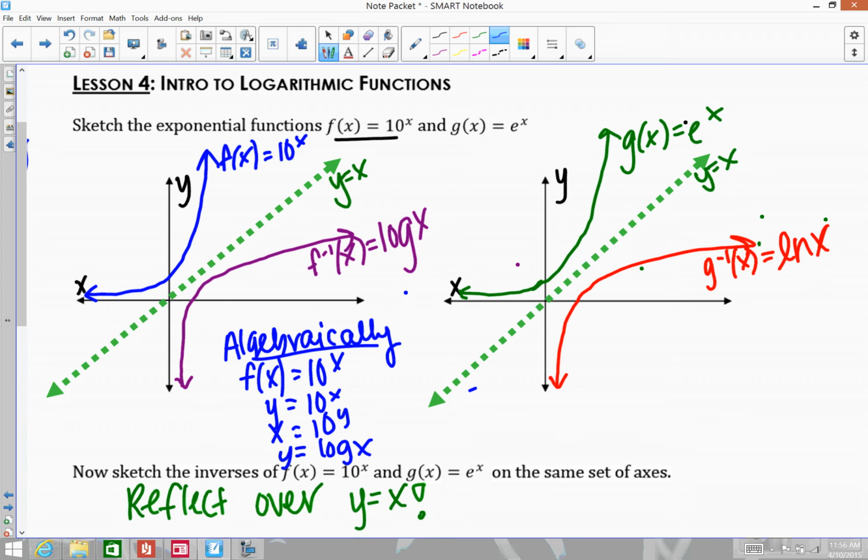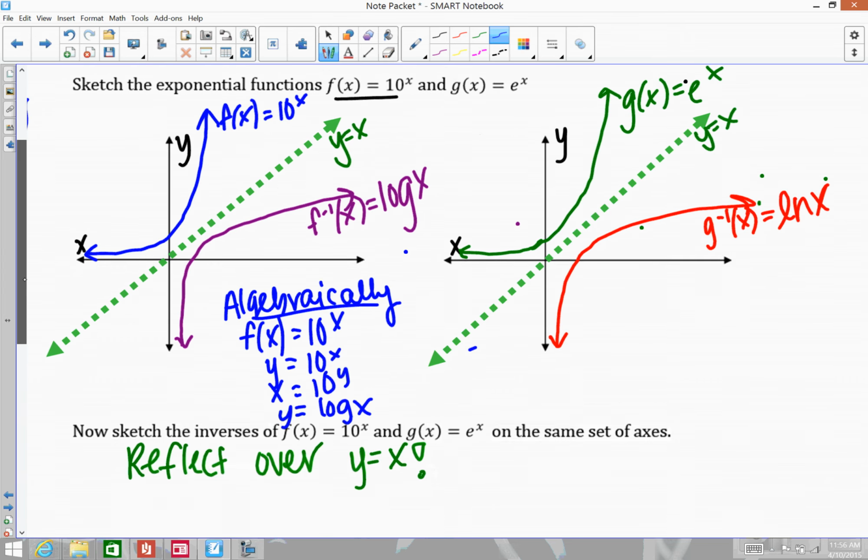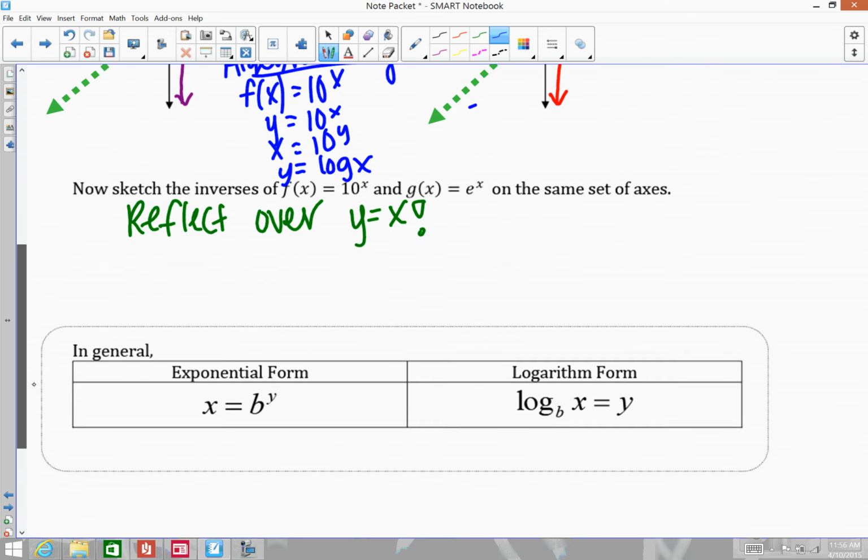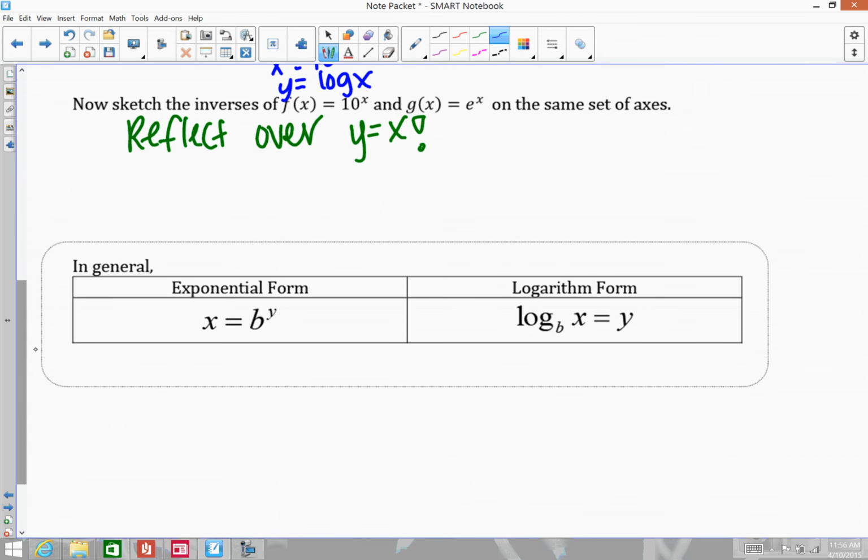Again, we'll talk more about this later, but that's just to give you the idea of where they come from. More specifically, what we're concerned about for this lesson is how we go from exponential form to log form. Right here you can go either way. And this is really where you want to think of logs equaling exponents. Logs are really the exponents. So what I mean by that